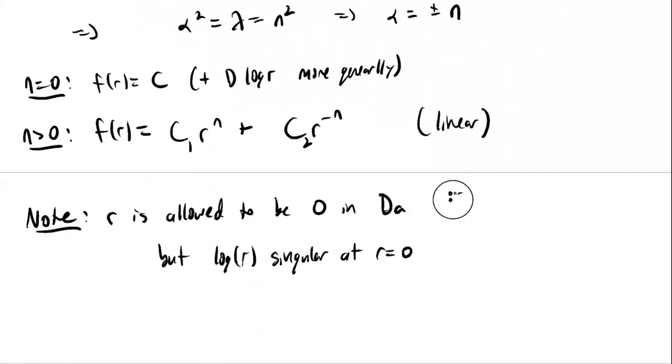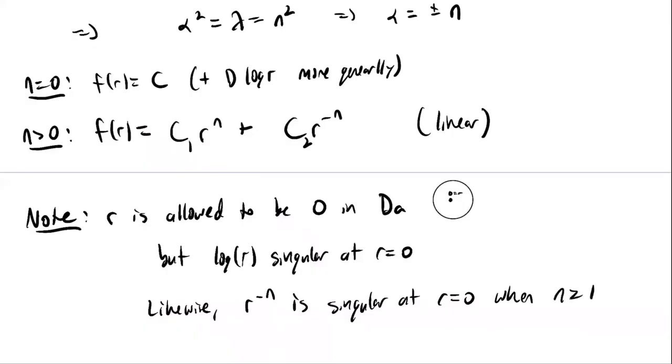Well, likewise, if we look at the solutions here when n is bigger than 0, there's also a similar issue, right? So r to the minus n is singular at r equals 0 when n is bigger than or equal to 1, right? Which is a range that is admissible in what we're considering. And so in order for our solution to not blow up or be infinite at the origin, we need to eliminate these terms, right? So we need to cross out this term and cross out this term, right? So we want u of 0, theta to not be infinite,